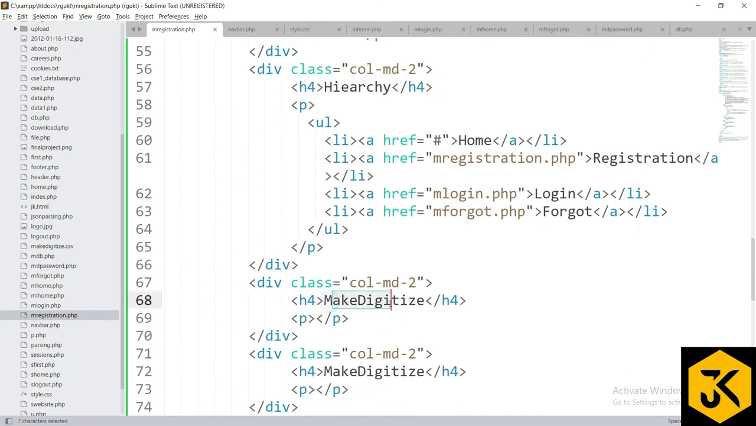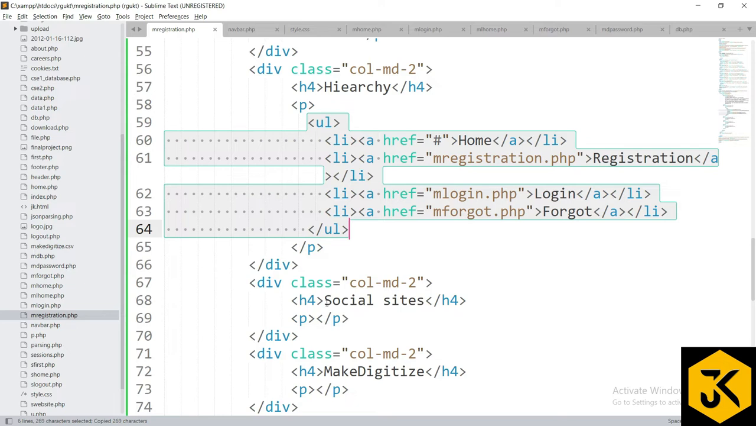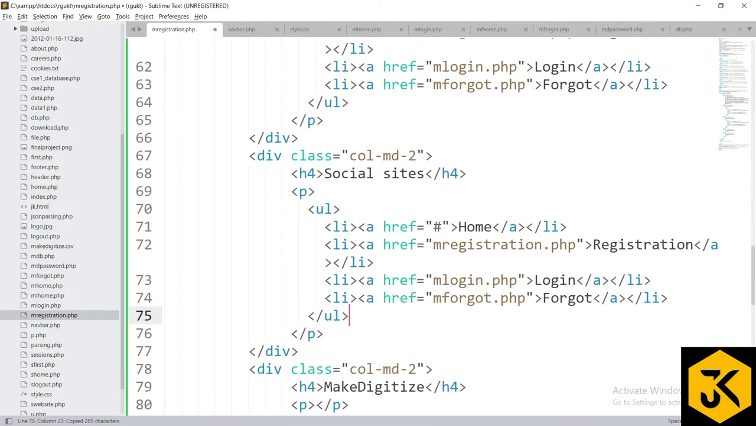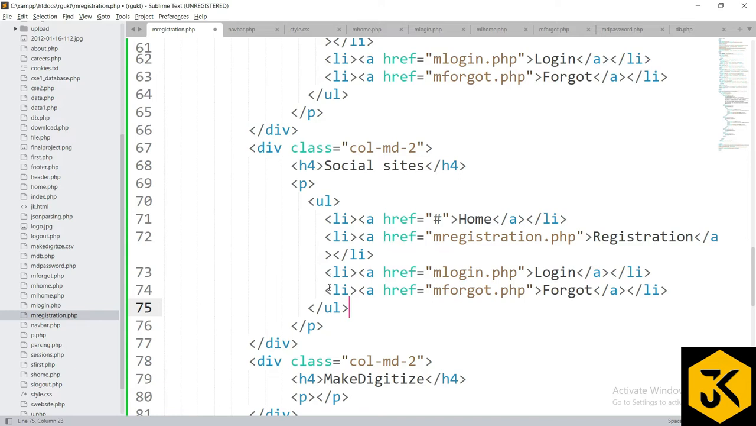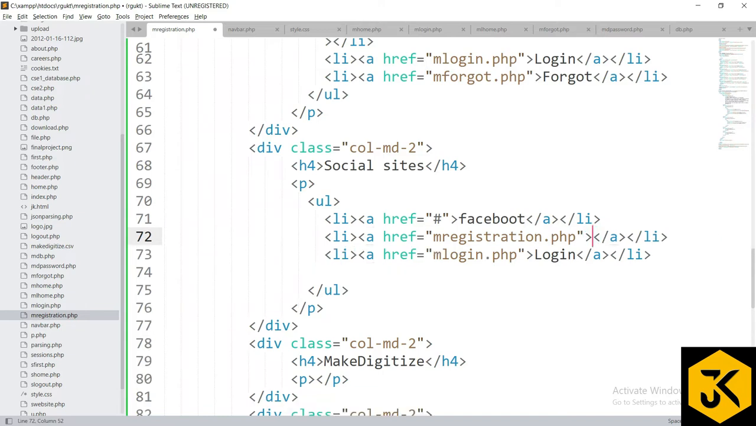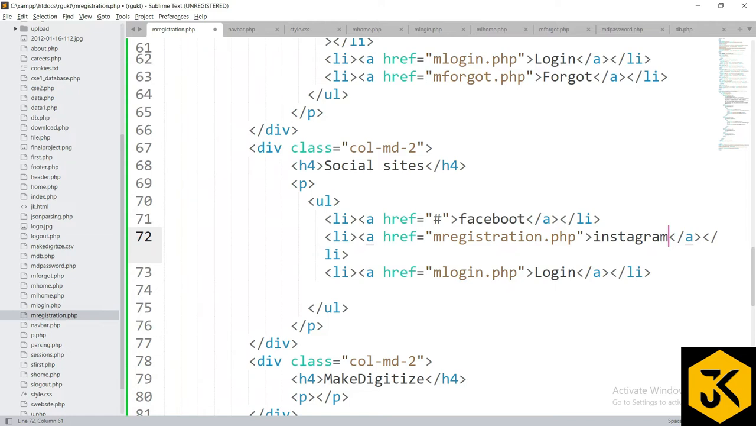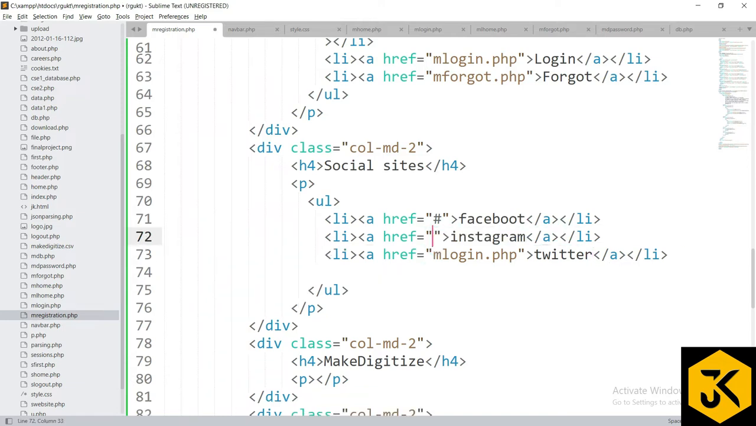Next level is some more social sites. Let me take social sites. I am going to copy the same thing here. Copy and paste here. Here instead of all this, let me try to define it as Facebook. Any other is there? Instagram, Twitter. So for the time being, we don't have any details, all those. So I will make it as